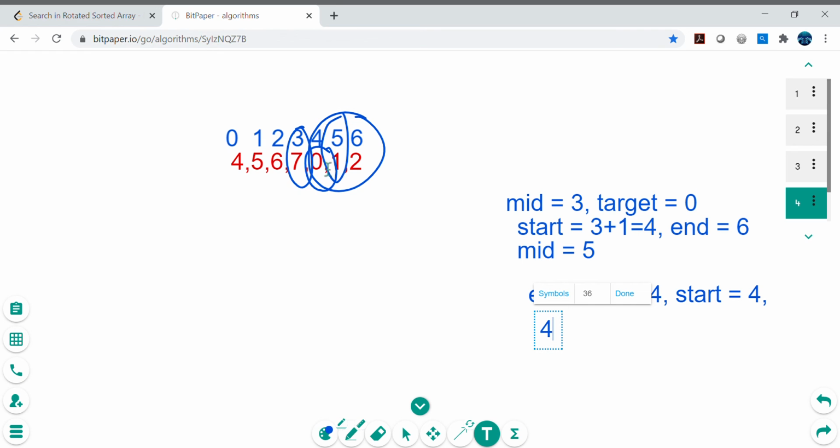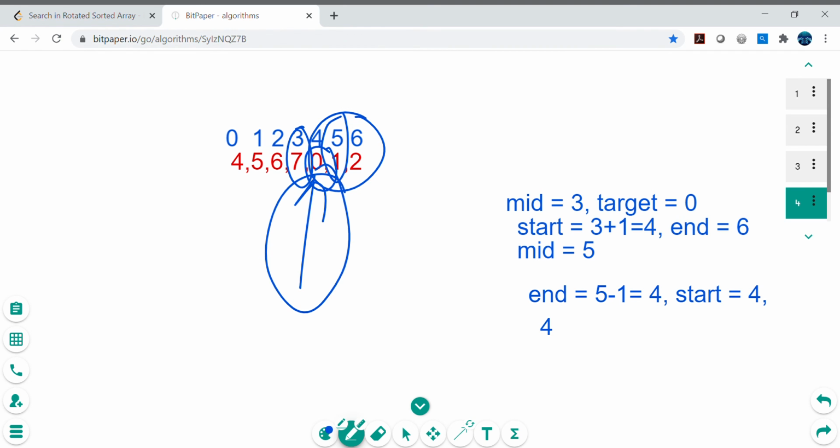So now we got the mid as 4, and then we will check if this mid is equal to target or not. If mid equals target, then we will go ahead and return 4. So this is the very quick dry run of the problem, right? But it will be the same dry run even if we want to return minus 1.